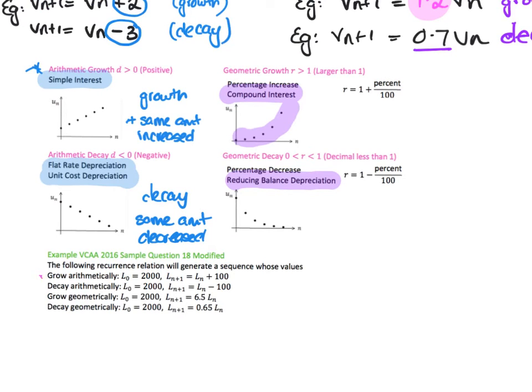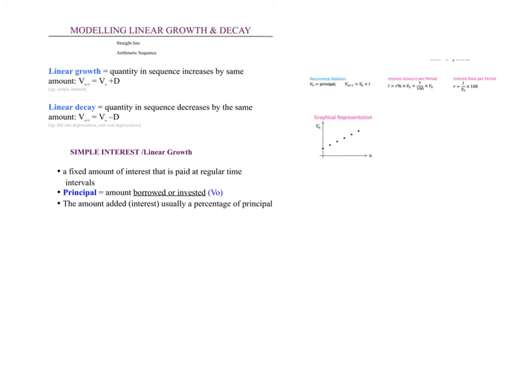Right, so if you look at these ones down here, can you see this is an arithmetic growth, because we're adding the same amount. So that one is true. This is an arithmetic decay because the same amount is being subtracted every time. And now you can see geometric. This one would be geometric growth because it's bigger than 1. And this one is a geometric decay. I think this one was missing a graph, where you had to say which one it was. Okay, so now let's look